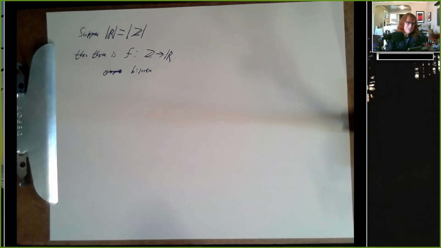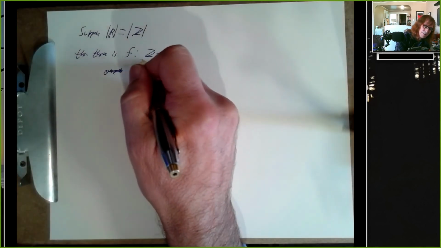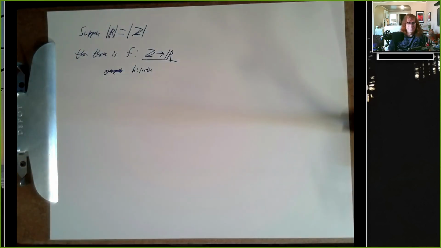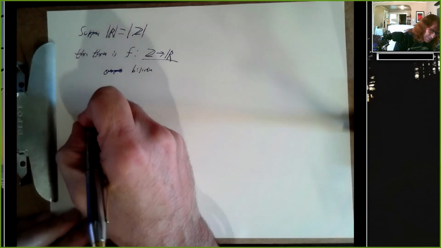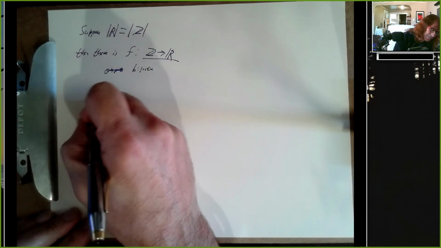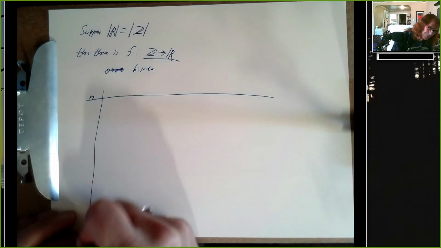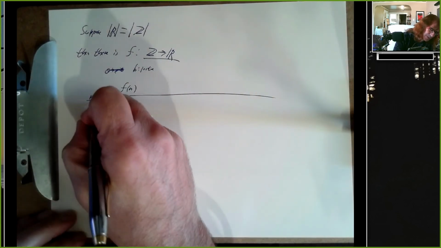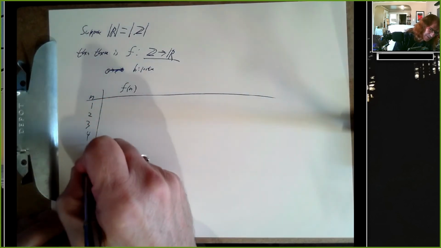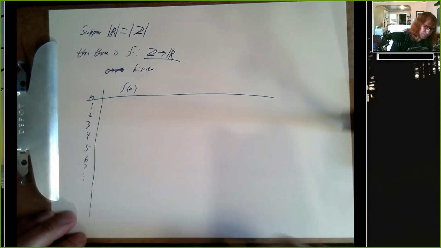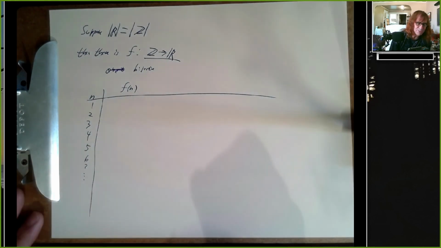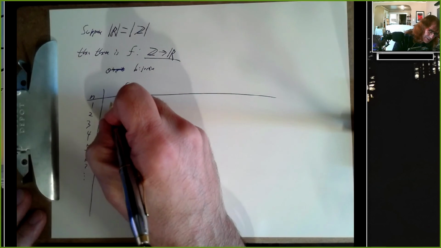All right, so let's suppose you give me a function f which maps integers to real numbers. Well, I'm going to start off and write down a table of these. So I'm going to write down some number n, and I'm going to write down what f of n is. And I'm just going to start with positive n. And I don't know what these are. Let's just suppose this is